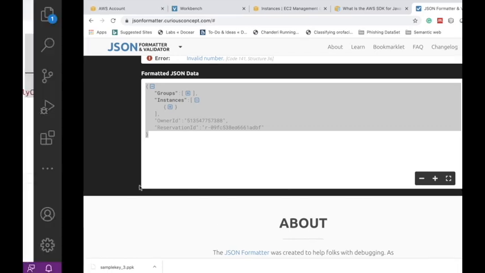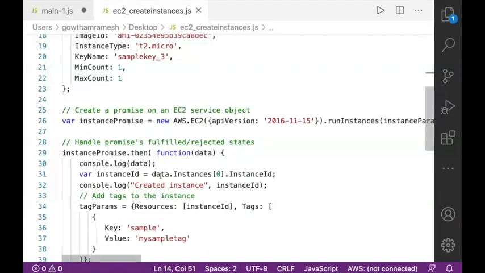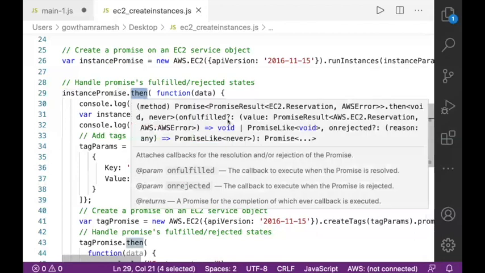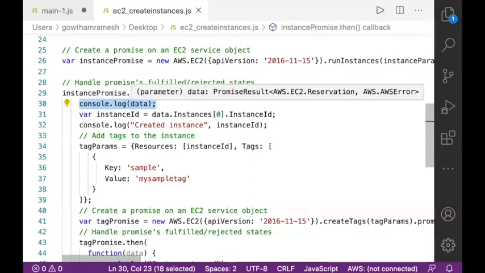Now this is the JSON file which we have received from the AWS remote server. Now I'm going to go back to the JavaScript program, Node.js program. Consider if this particular statement has properly executed, the then block will get executed. Inside this then block, I have just displayed the data. Whatever the JSON file I have received, I have just displayed it.